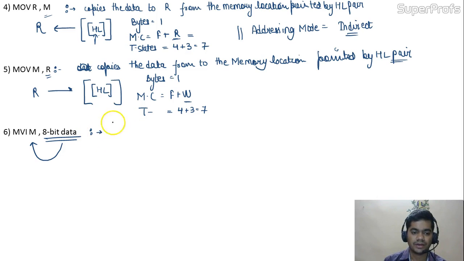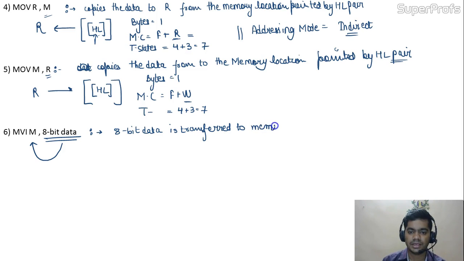So you can write: 8-bit data is transferred to the memory location pointed by the HL pair. Here you can see there is 8-bit data, so the total bytes occupied